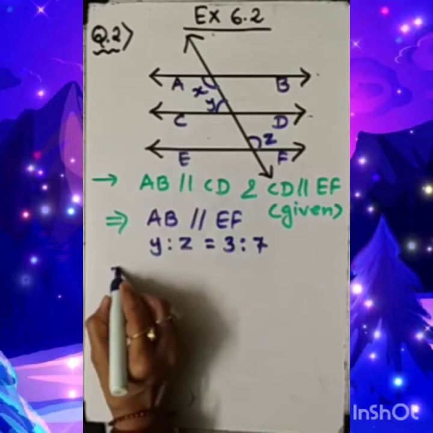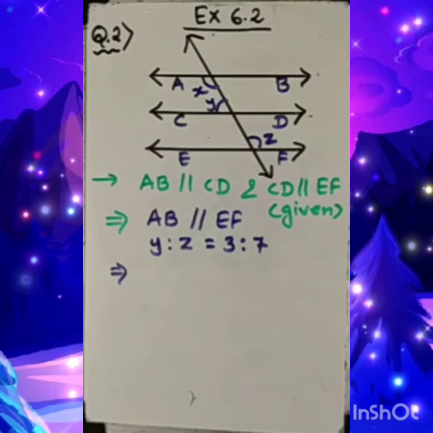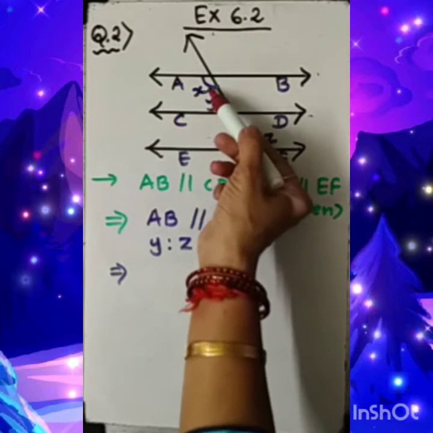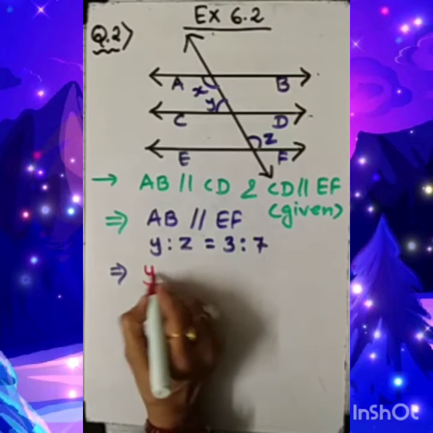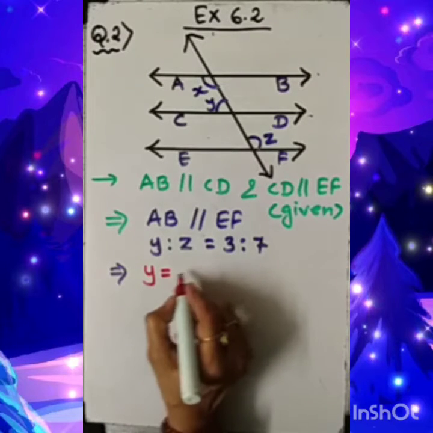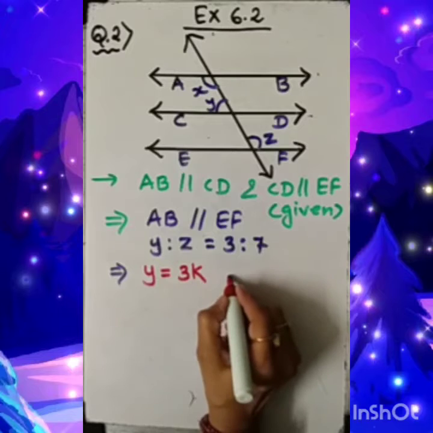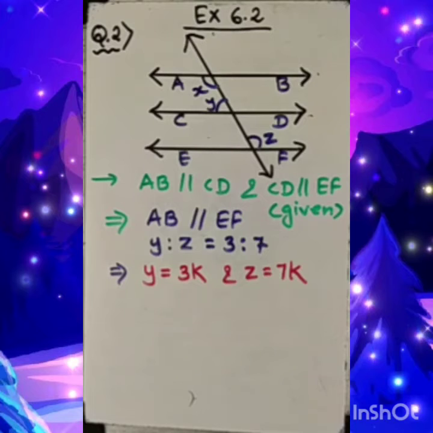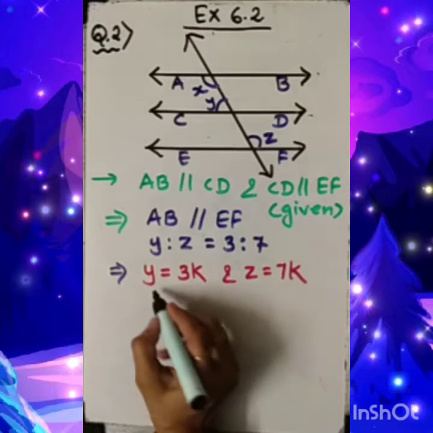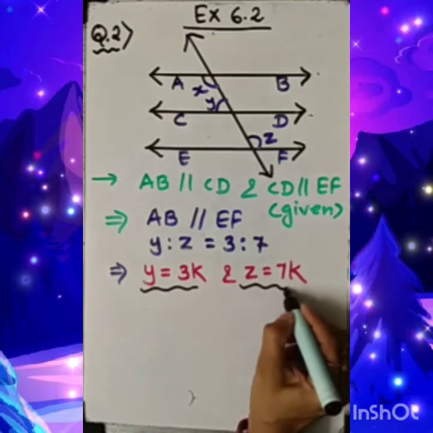My dear student, whenever we write the ratio, we have to take one constant, okay? And we are used to taking x for the constant term. But actually, x is here given as the unknown variable to find. That's why, for better understanding, I am taking y equal to 3k and z equal to 7k. Any variable we can choose, but we are in the habit of taking x. But here x is already symbolized. So y equal to 3k and z equal to 7k.